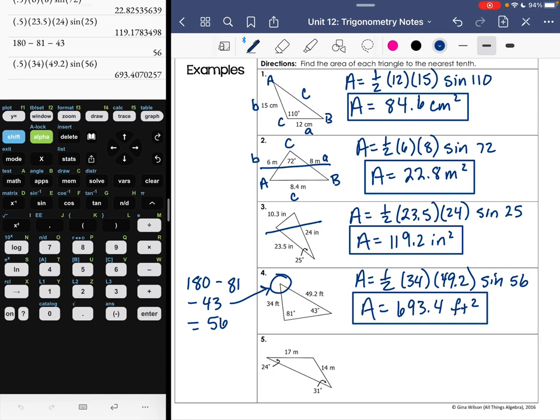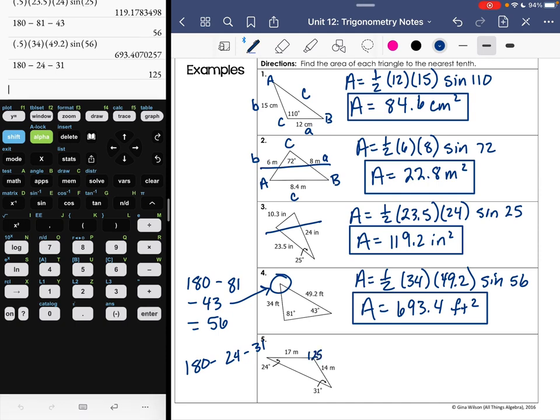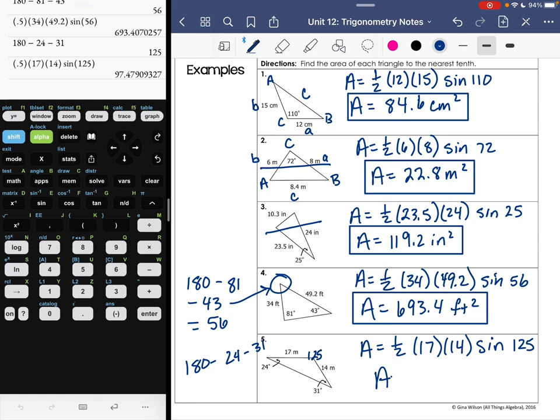Number 5, same thing. The angle that you need is missing, so you're going to do 180 minus 24 minus 31, and this is going to be 125. So you're going to do area equals 1/2 times 17 times 14 times the sine of 125. So the area here is